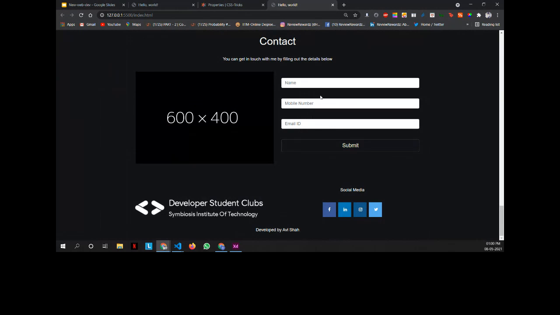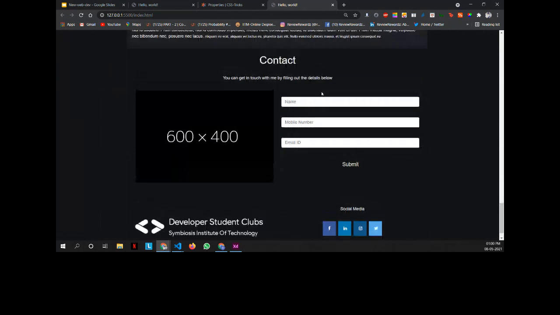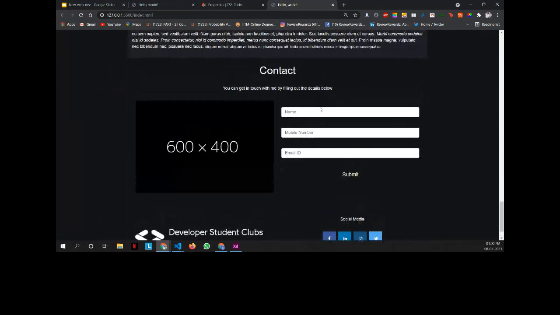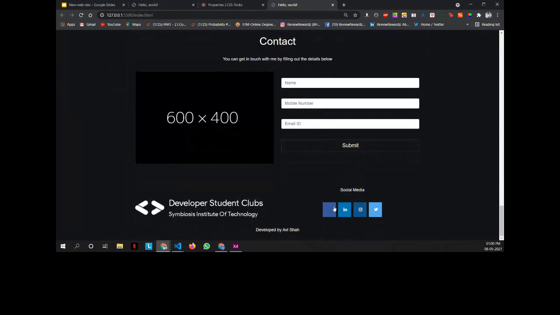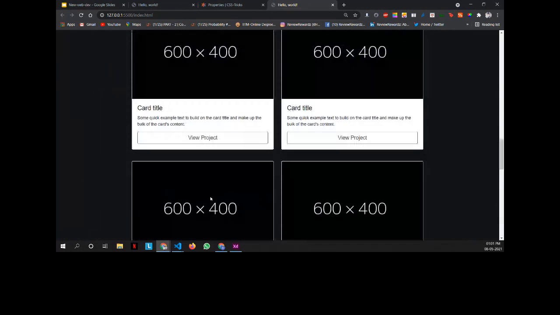I'll probably give it to you all on the group in a week's time, so that if someone enters the name, mobile number and email ID, you get an email that this person wants to get in touch with you. And here also we've used an a tag, you could link all the social media accounts you have. So that's an end for the session here.